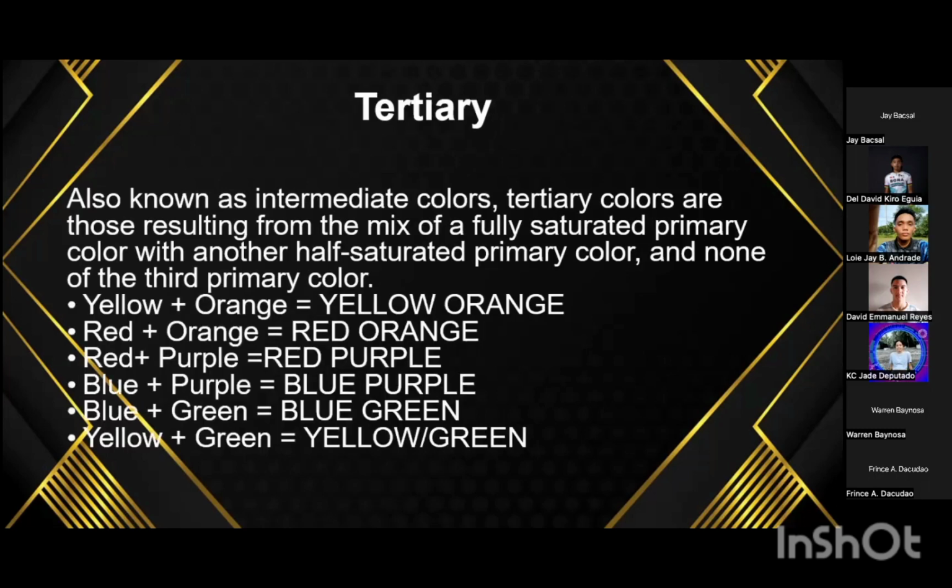And the last is tertiary colors. Tertiary colors are also known as intermediate colors. Tertiary colors are created by mixing a primary color with a secondary color. In forensic photography, tertiary colors can be used to enhance specific details in an image, similar to the use of secondary colors. The example of using tertiary colors in forensic photography is the use of a green filter to capture images